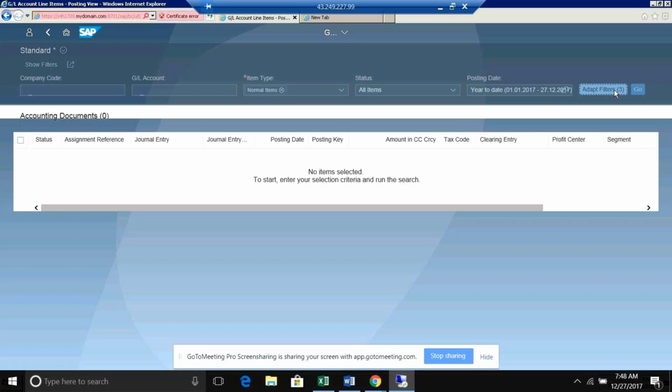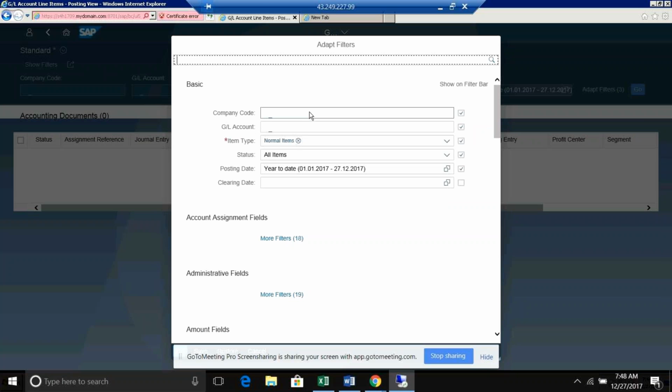So we can put filters like this. So you can say, for example, our company code RB05.